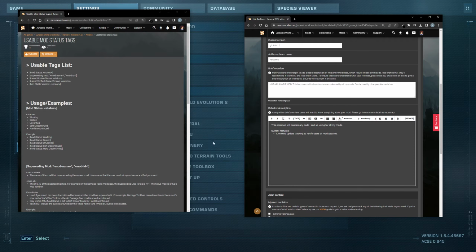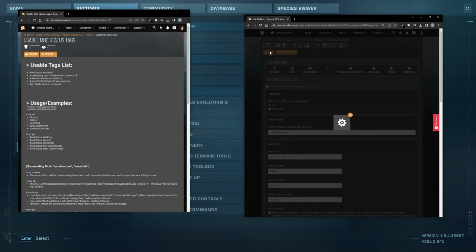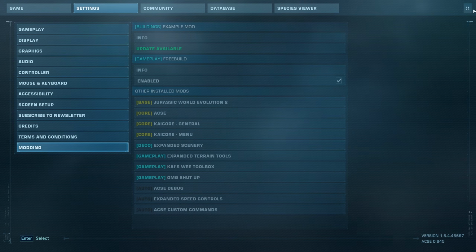Status tags can be added anywhere in the description, so at the top, at the bottom, somewhere in the middle. The only important thing is not to break the flow of the status. So let me give you an example with the most basic status tag, that being mod status. I'm going to add this at the bottom of the page because that's what got selected. And we'll set the status to, say, unverified. And if we save that and reload the game,